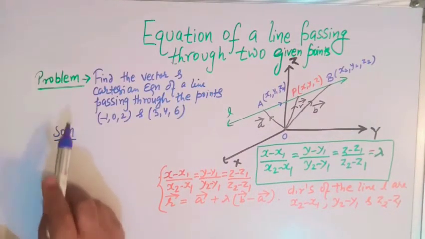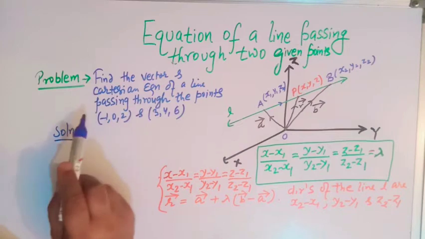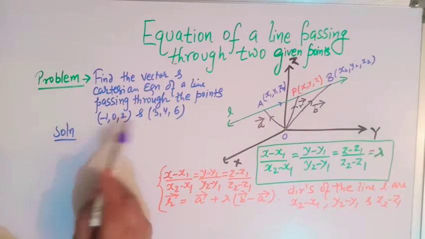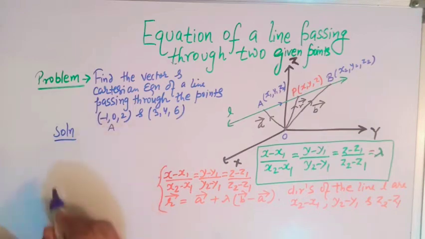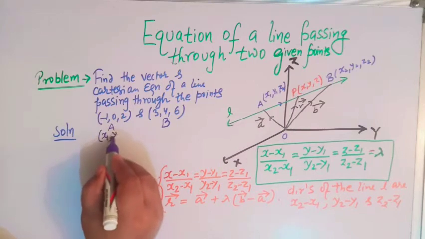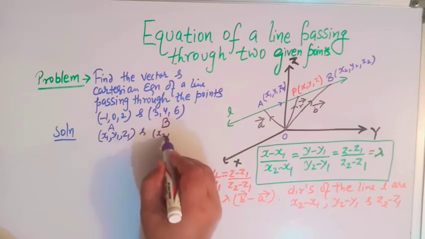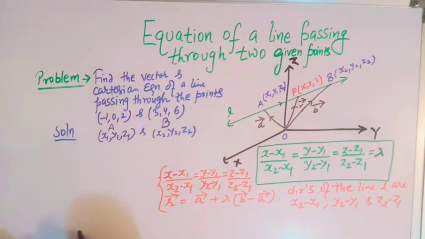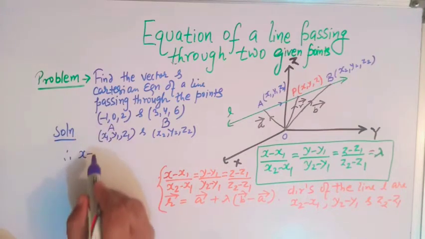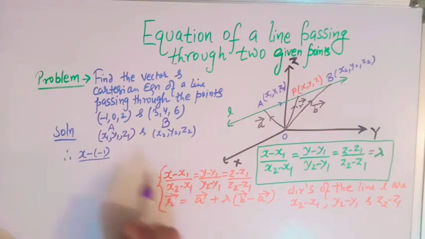Now viewers, let us take this problem. Here we have to find the vector and Cartesian equation of a line which passes through these two points. So here this is point A and this is point B. So this point is x1, y1, z1, and this point is x2, y2, z2. Therefore the Cartesian equation is x minus x1. So x1 is minus 1, so here we have x plus 1 divided by x2 minus x1, so we have 3